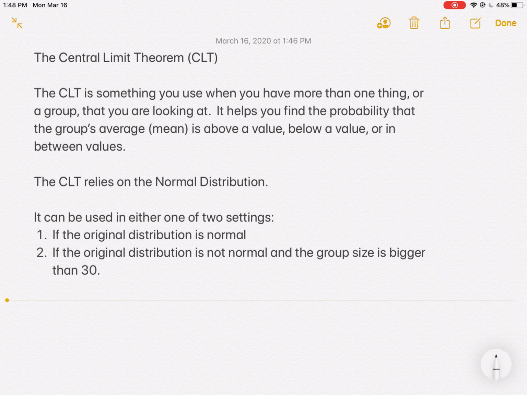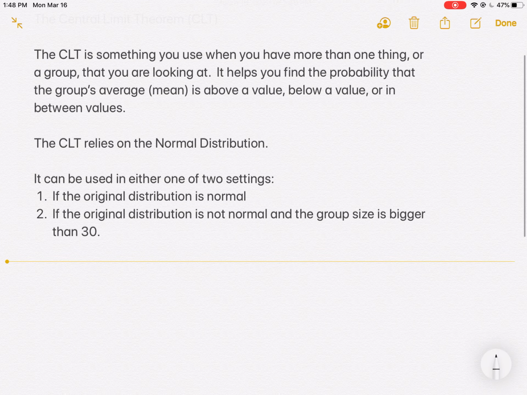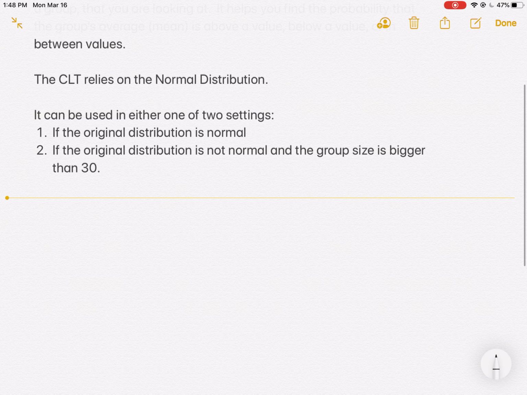So if you don't know if the population is normally distributed, or if you know that it's certainly not, you can still use the normal distribution if your group size is big enough. That's the biggest consequence of the central limit theorem. And so what the central limit theorem says is, if you're dealing with the group, then what's being adjusted is not the mean. So this symbol right here, this is the regular mu symbol that means the average, but we're going to have it be for the group. And so the way to read this is the average for the group. So I'll put the average or the mean for the group